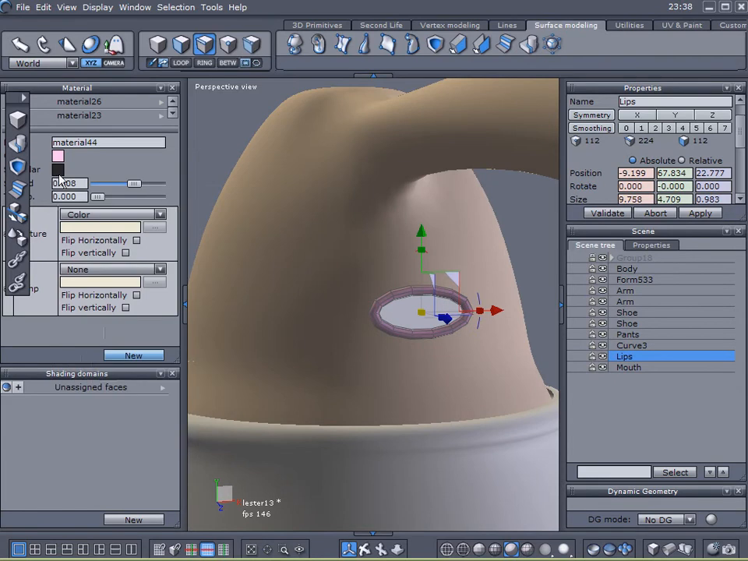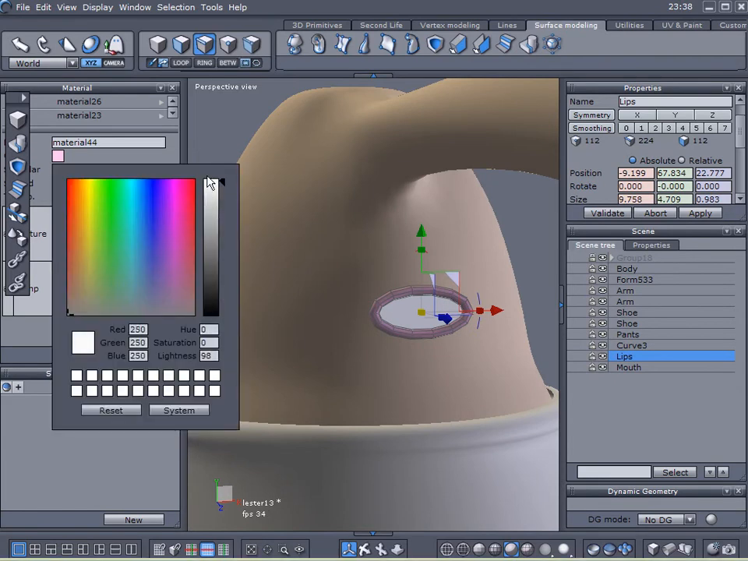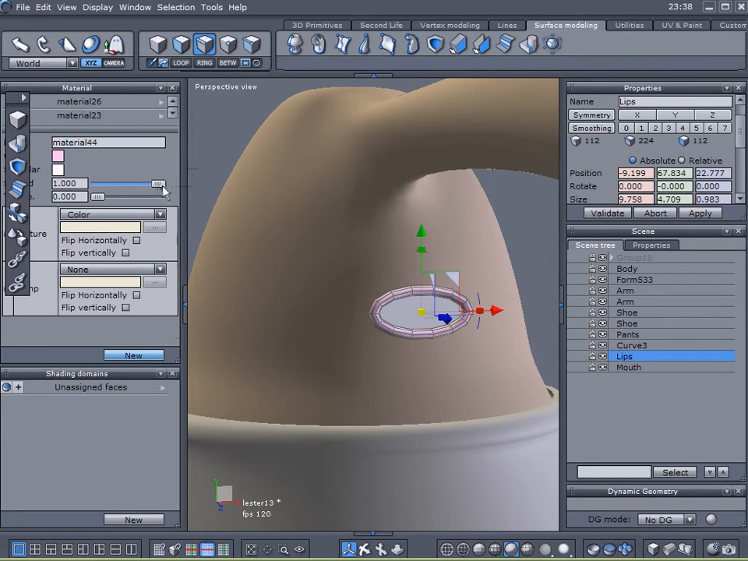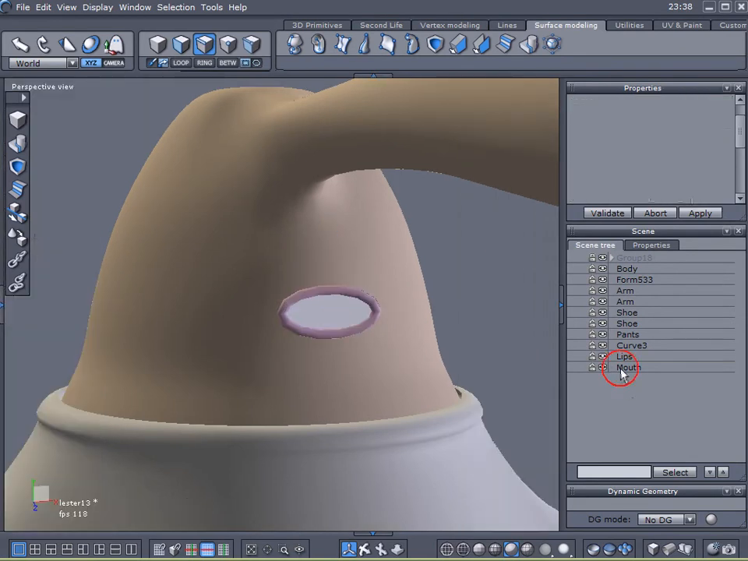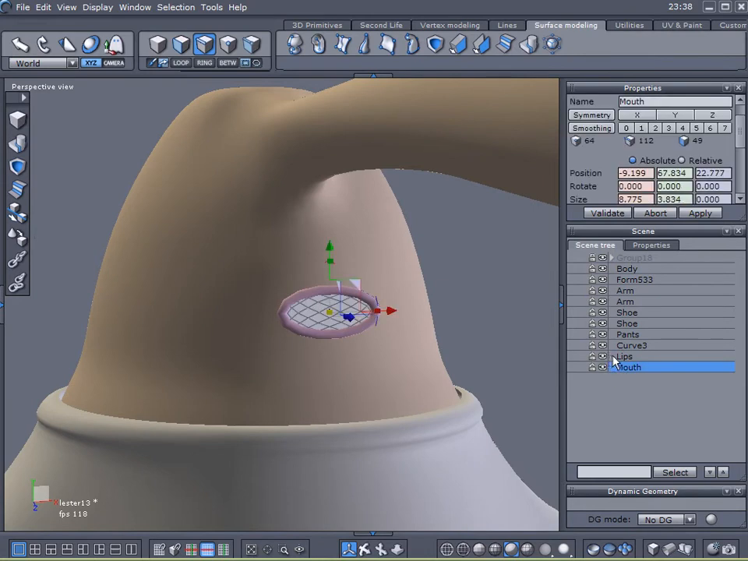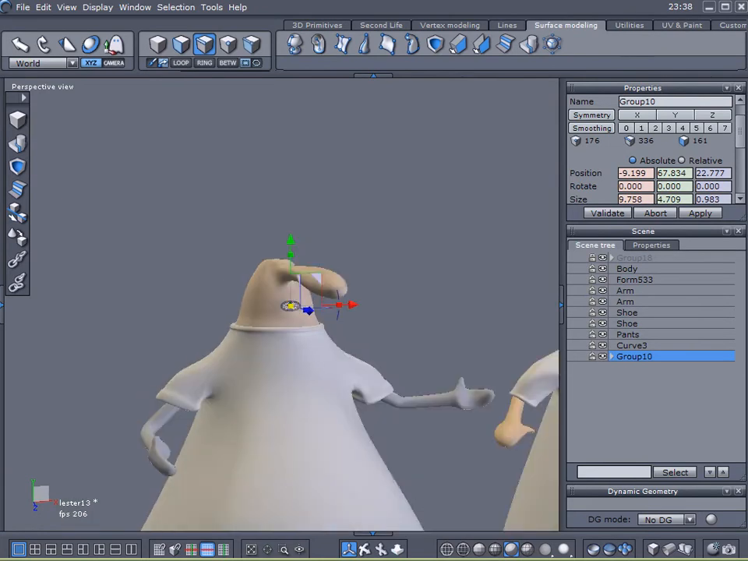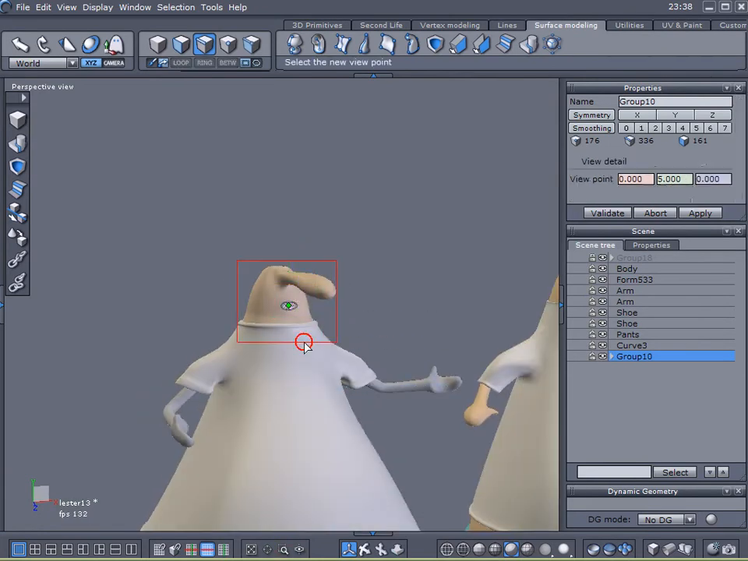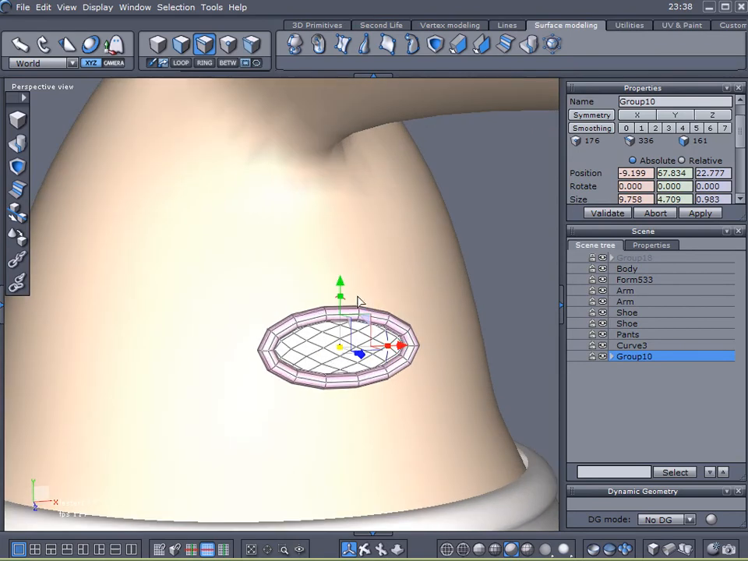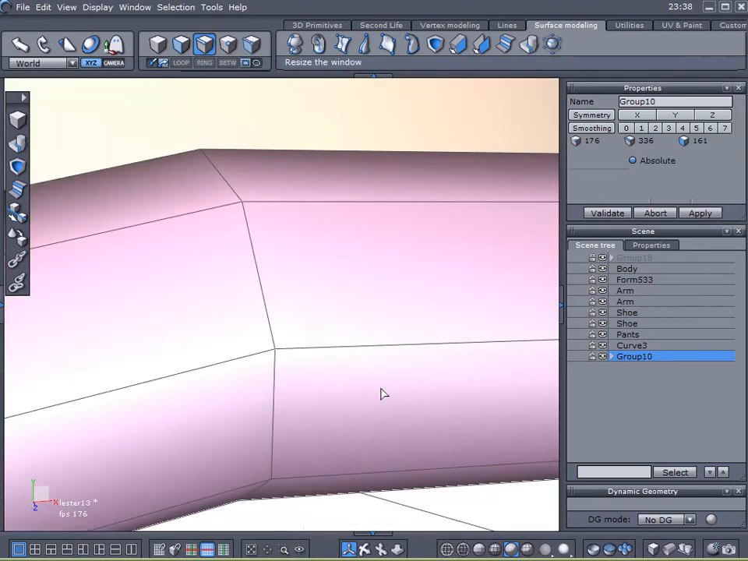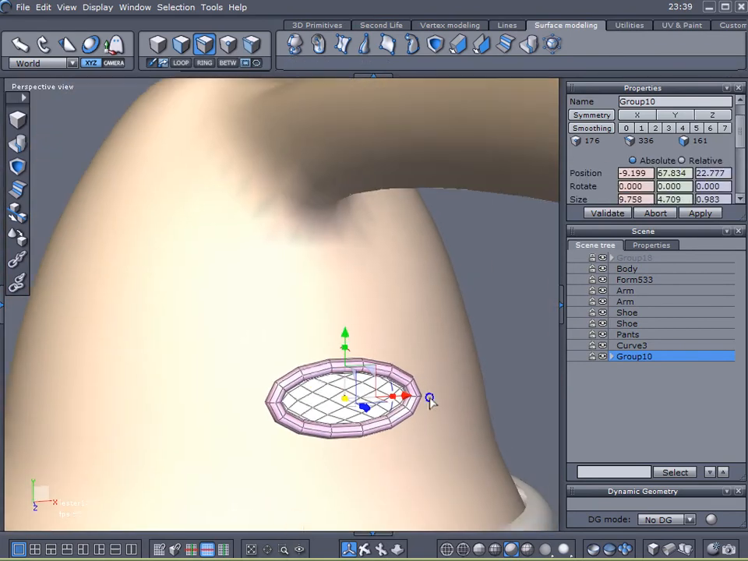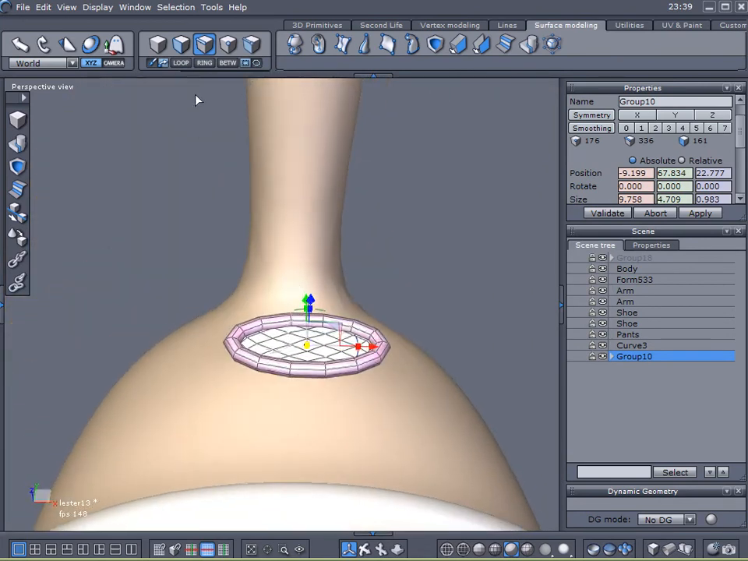For Lester's lips, I'll select both of these objects and I will group them together. Now, anytime you want to create a little expression on him, let me see if I can zoom in just on those lips themselves. There we are. Anytime you want to create a funny little expression on him, you could probably just select